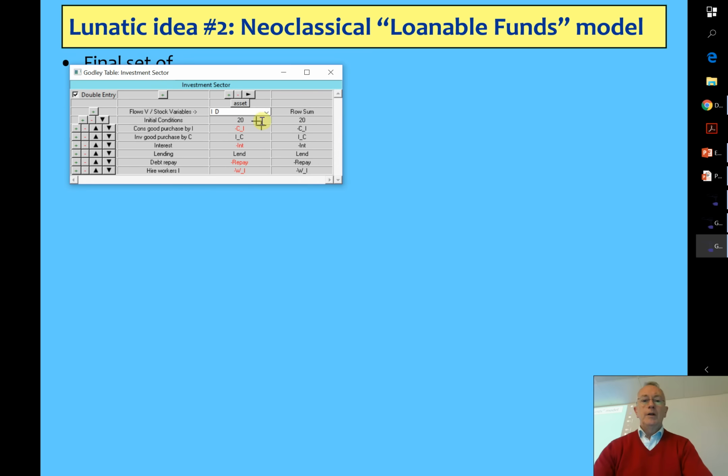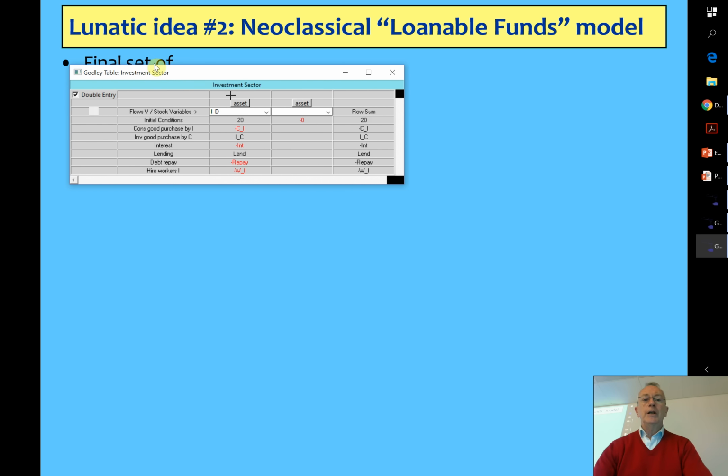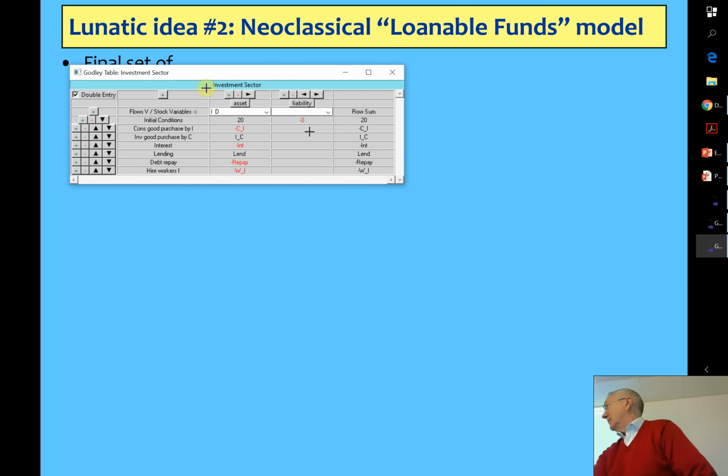Now we need to click in here, and of course the investment sector has a liability as well, which is the debt it owes to the consumer sector. So you click down here, you'll find there are two assets that haven't been allocated, which are therefore liabilities elsewhere in the system. One is reserves, so I can put a central bank in here by clicking on that, choosing it as an asset of the central bank. But I'm going to ignore that for the moment and just choose D as the debt, as the liability that the investment sector owes to the consumer sector. And when I do that, Minsky populates it with the relevant entries.